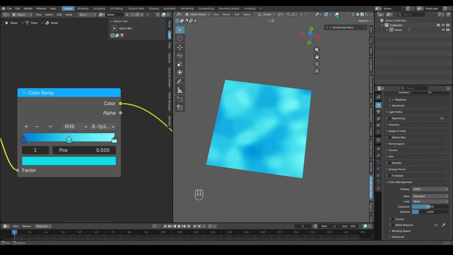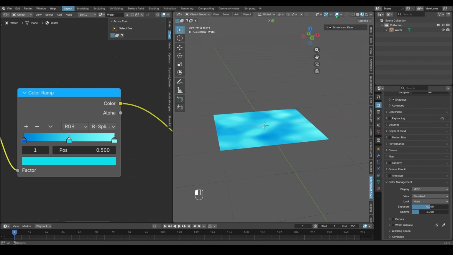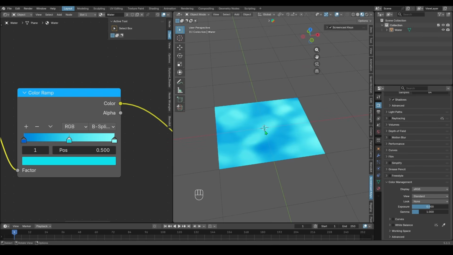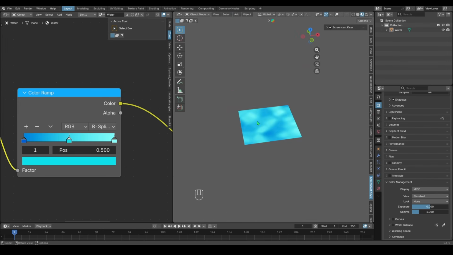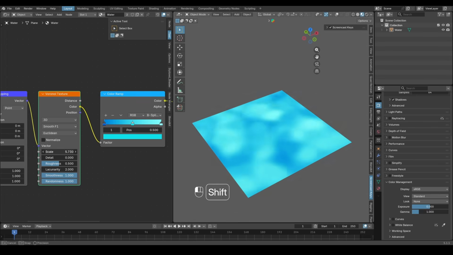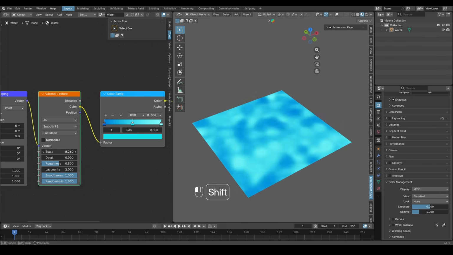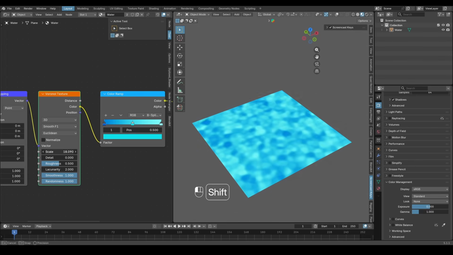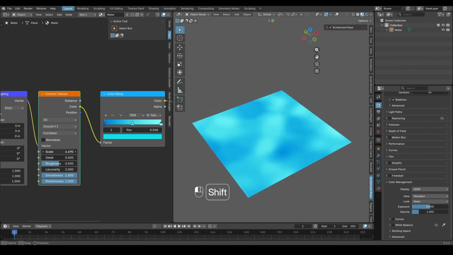I can press here to remove the overlays, so like the grid, the axes, the cursor here. If I just press here, Show Overlays, it disappears. And there we go. I can see it here, and I can play with the scale, right? So I don't want the scale to be too small. It doesn't look like an ocean floor anymore. But if I play it up a bit, just like this,